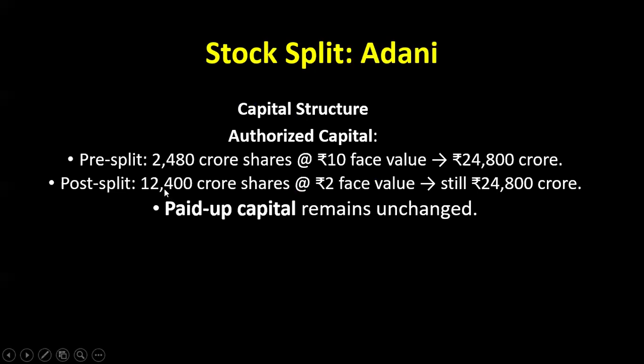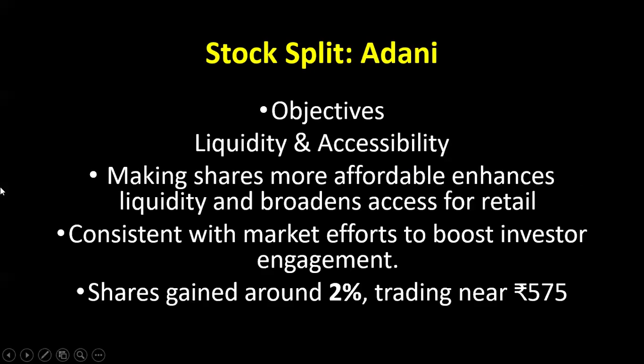Post-split, the number of shares increased 5 times, but the capital remains the same. So paid up capital remains unchanged. So what has changed is the number of shares, and the face value reduced. The number of shares increased. What is the objective of that? As mentioned on their own website, as well as the message to the stock exchanges, the objective of the stock split was to